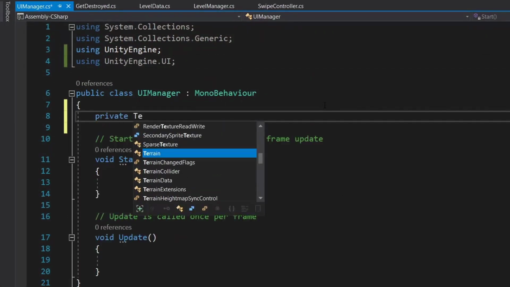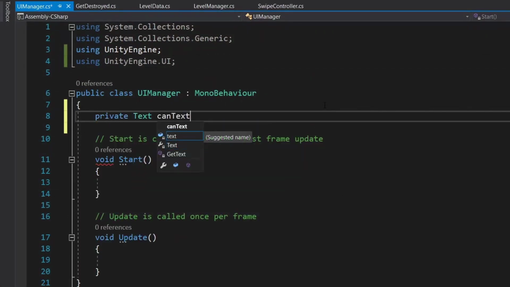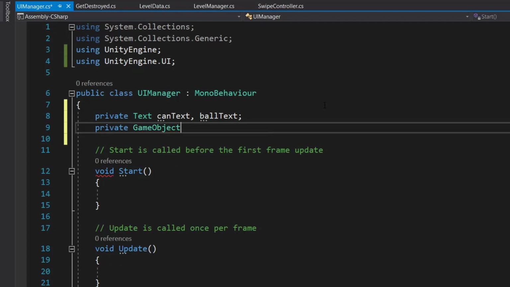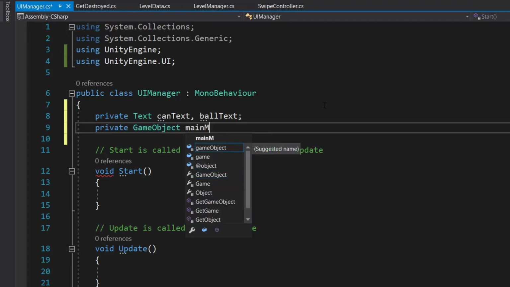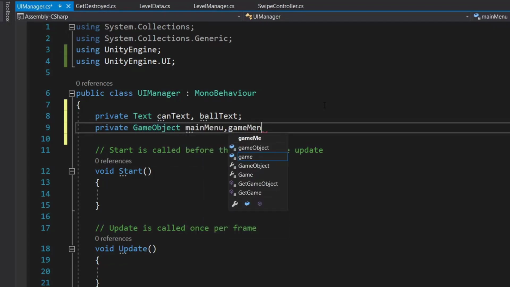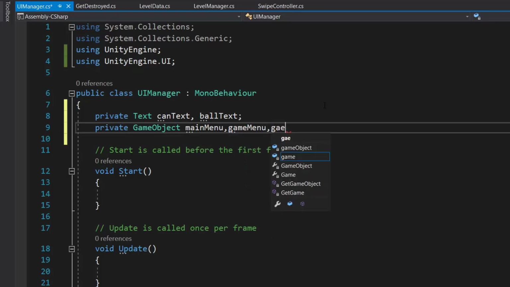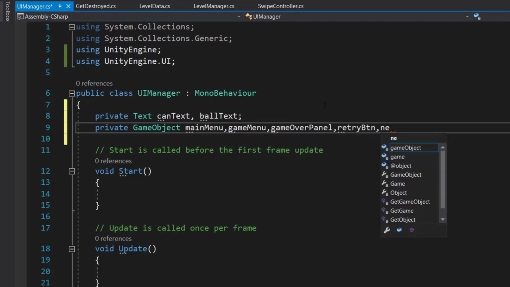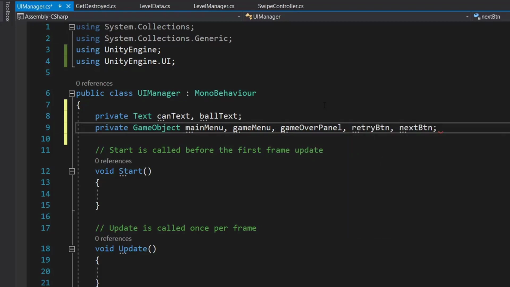So we will create a private Text canText and ballText variable. Then we need a private GameObject mainMenu, gameMenu, gameOverPanel, retryButton, and nextButton to store our references.